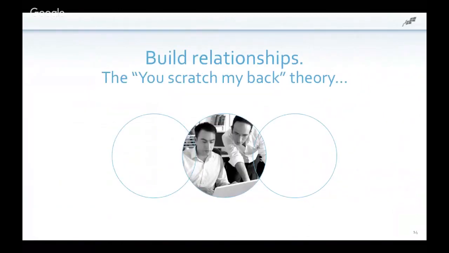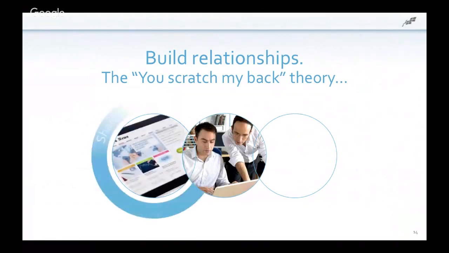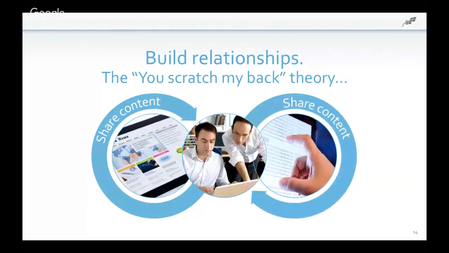Now, I mentioned this before, but another important attribute of curating content is the opportunity it provides to help you build influential relationships with others in your field. One of the biggest advantages to social media, especially Twitter, is the ability to grow relationships with the people that you trust, or that want to do business with you. You can give them credit by tagging them and then share that article, connect up with them, share that content back and forth. That turns into a symbiotic relationship where you're scratching their back, they're scratching yours.